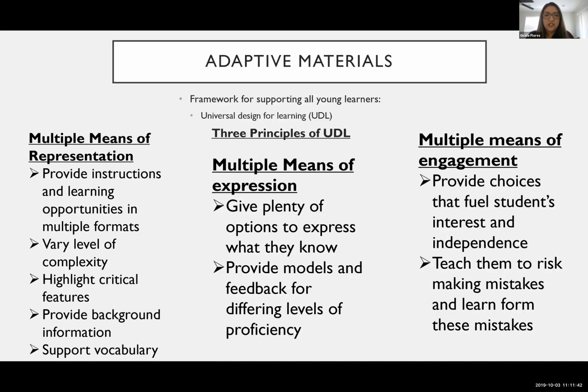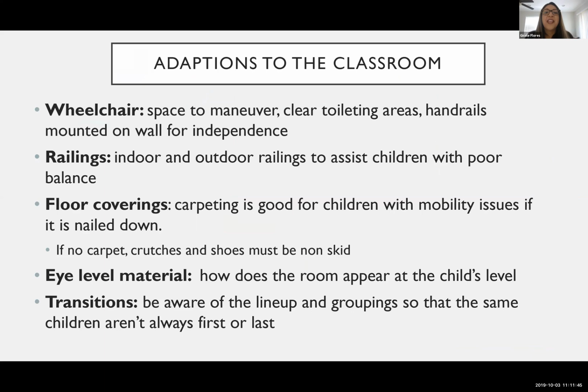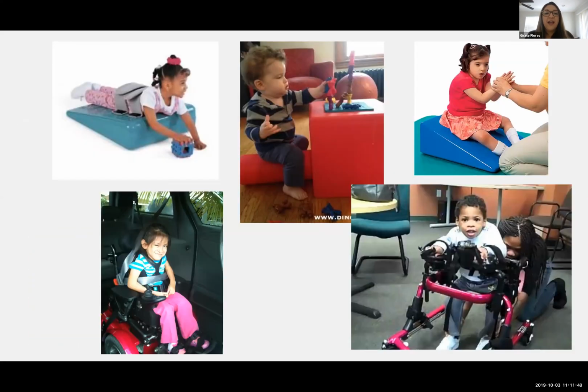I think I have an image. Oh, it's not on here. I thought I had an image of a bike with straps on the pedals so that the child's foot would stay stable. Because some of the adaptive equipment that's already made can be really expensive. So when you're in a program on a budget, sometimes you have to make do with the resources you have available to you. And so this bike just had a handmade strap that stabilized the child's foot to the pedal. And maybe it's a jump rope that you tie to the bike and have other children pull it so that they're then supporting each other in that social interaction. Okay, but that's really cool.